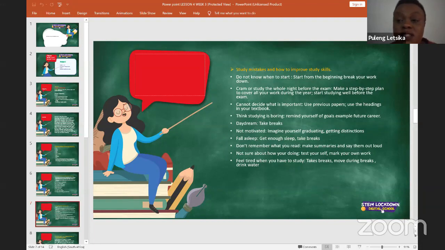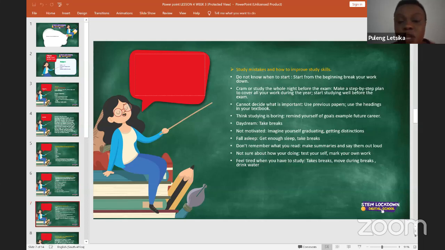We call it cross nighting. Varsity students know this very well, where you wait until the last minute and then you study everything. You keep the midnight candle burning. You study until 5 o'clock in the morning, and then you take a quick shower, and then you eat, and then you rush off to the lecture hall to go write your exam.